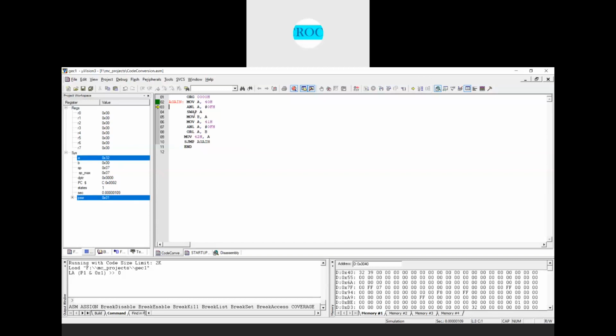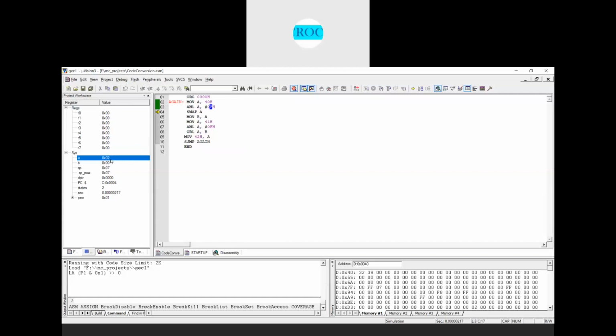Next I will perform ANL A comma 0FH. Since the lower nibble is F, after performing the AND operation with the accumulator content 32, it will be stored as 02, because we are performing AND with 0F, right? So you have 02 in the accumulator.